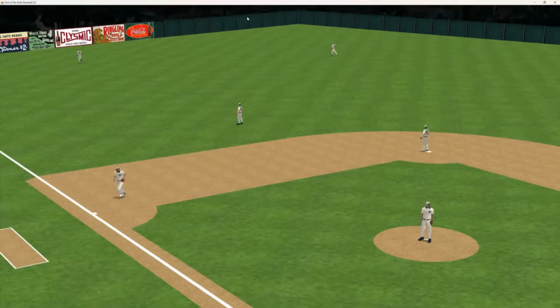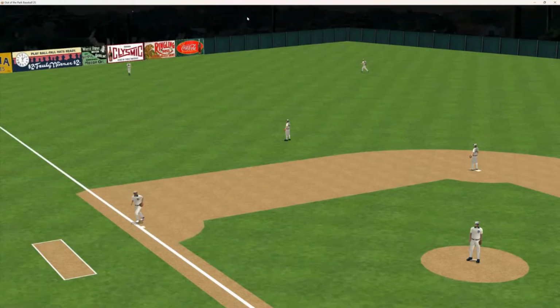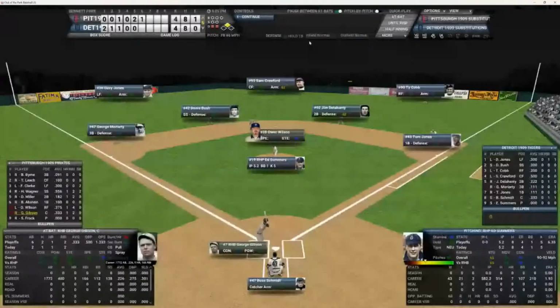And that ball is hit deep. That ball is hit far. And see how far he goes with this one. He stops at second. So Mr. Wilson's having a fine series for these Pittsburgh Pirates. And it's a 4-4 ball game. And the catcher George Gibson's up now.